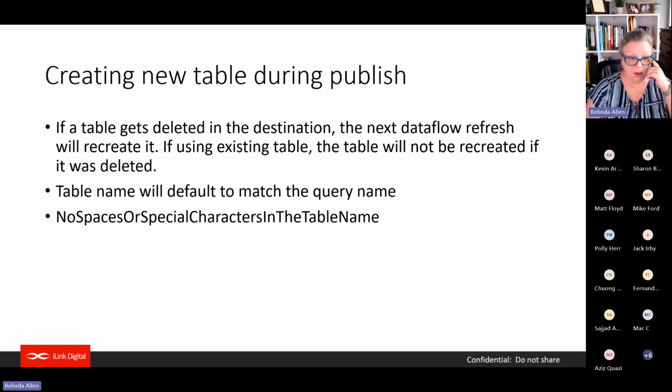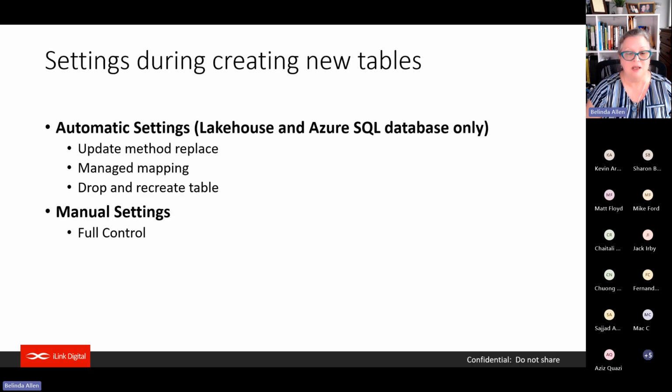So during publishing, tables get created, and the names are going to match by default what the query name is. Again, no spaces or special characters within the names. There are some additional settings that we didn't look at, like the update method, manage mapping, or we could do some drop and create things.